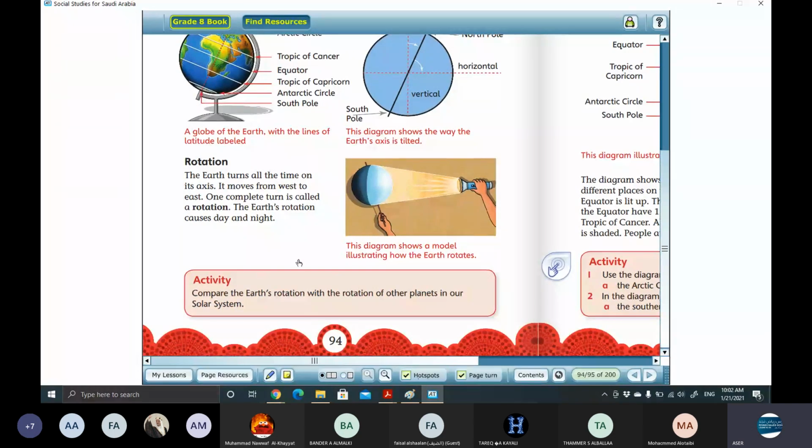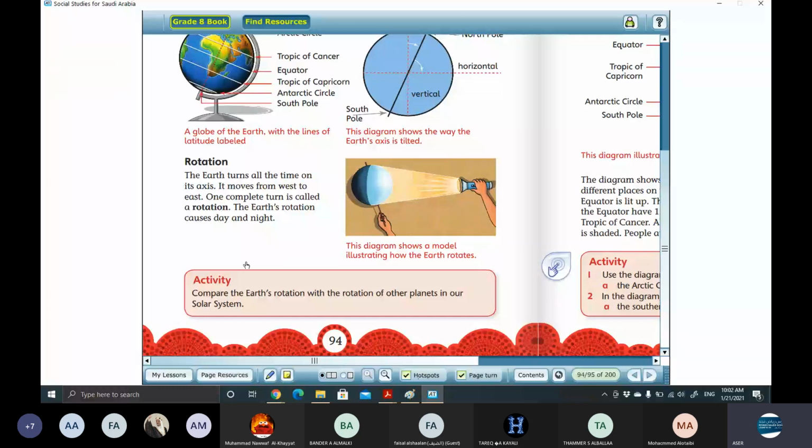This diagram shows a model illustrating how the Earth rotates. So you have here a pole and you put a sphere on it, and you start moving it. And with the other hand, you hold the torch, resembling the sun. You start the rotation with the stability of your hand. So this part here has the day, and the other one has the night. Once you start rotating, the other part will come to the light, and the other one will move to the